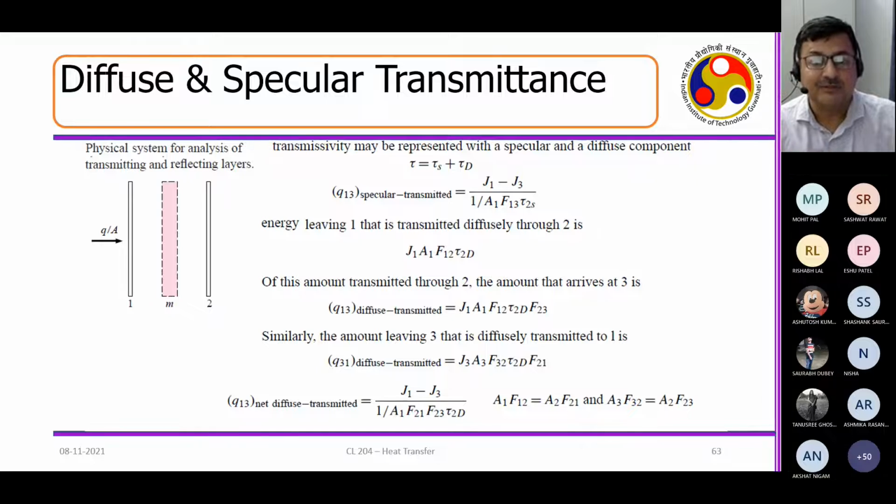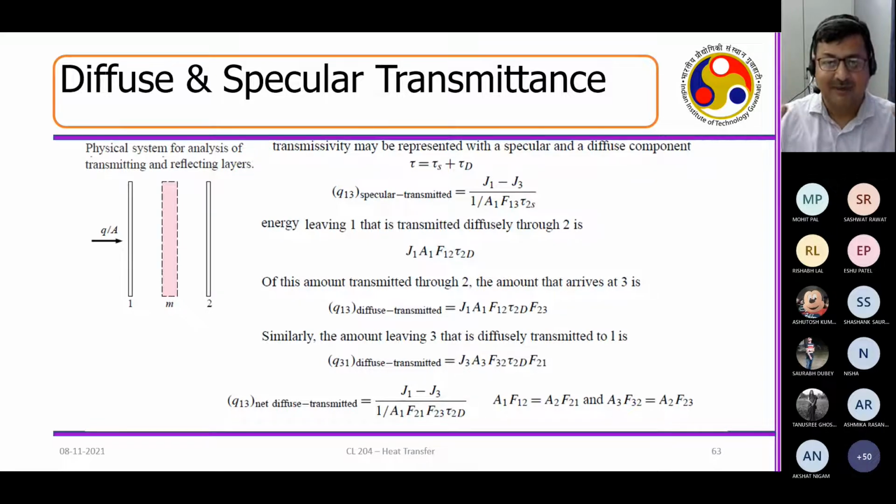In most realistic situations, your absorbance will not be fully 1, and everything that is absorbed will not be emitted. It will be a part of it. This is the first set of wisdom that we have got. Second, if everything is not absorbed, then what is going to happen? A part of it is going to be reflected and a part of it is going to be transmitted. When a part is reflected, you have two components: specular and diffusive reflection. When it is transmitted, you also have a part that is called specular and diffusive transmission.